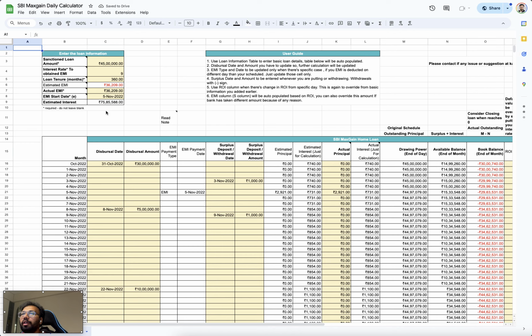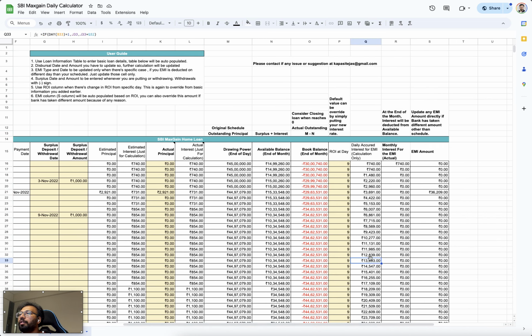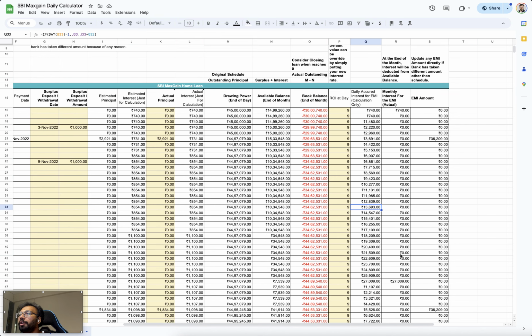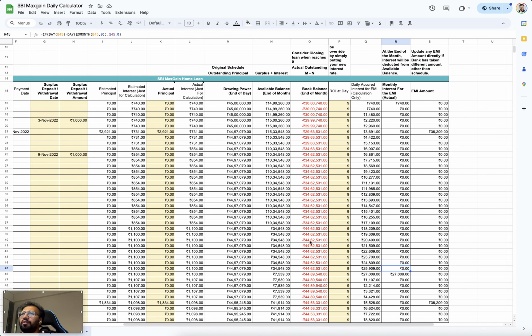This is how I created a Google Sheet where we can put some input parameters, and it will generate the daily calculation like this, based on each day how much interest you are going to pay to the bank, and at the end of the month how much interest you will pay to the bank. Okay, so this was the initial version, V1 we can say,